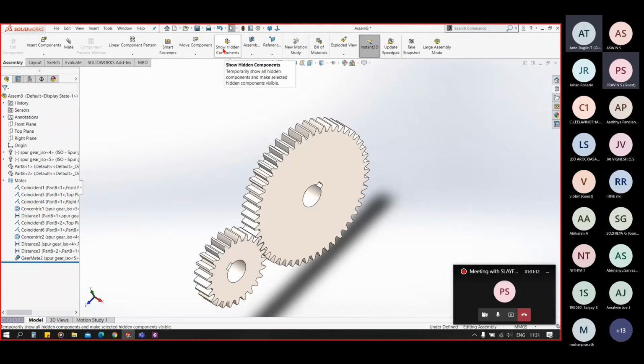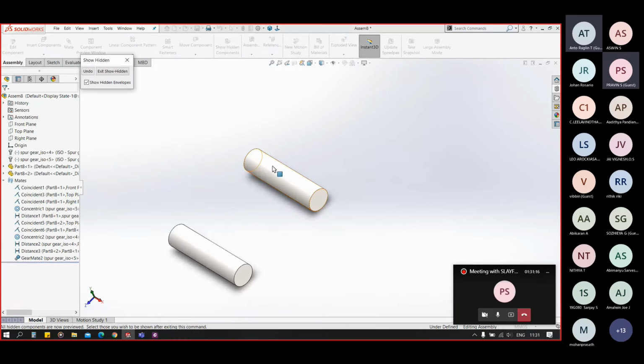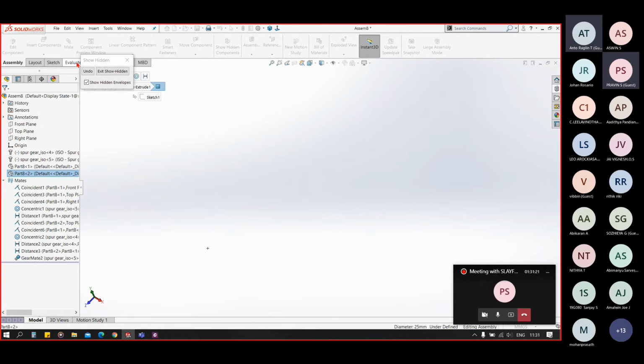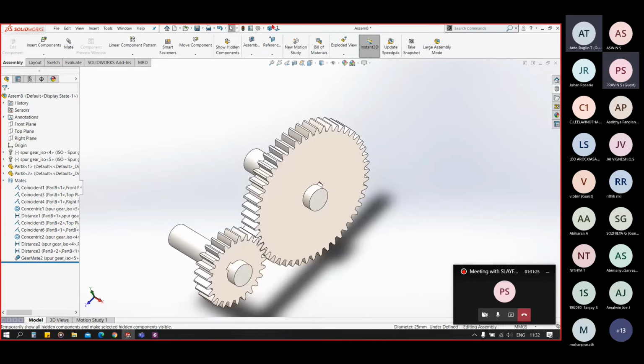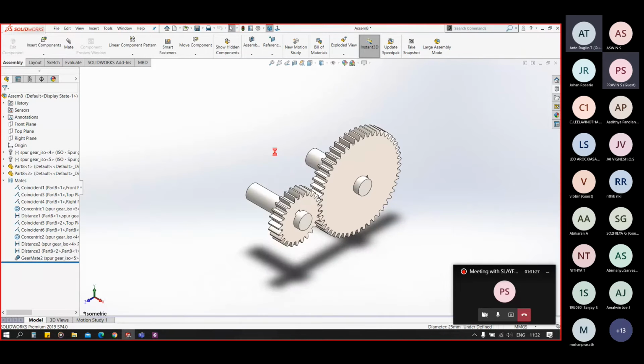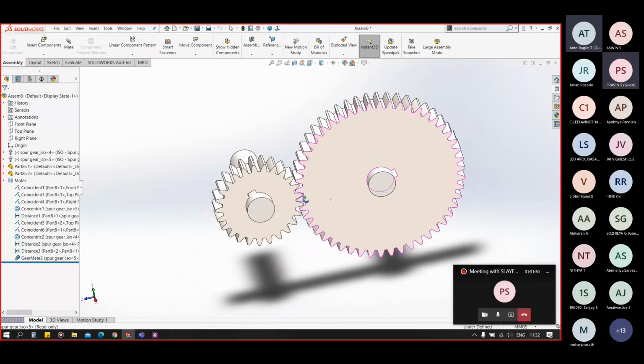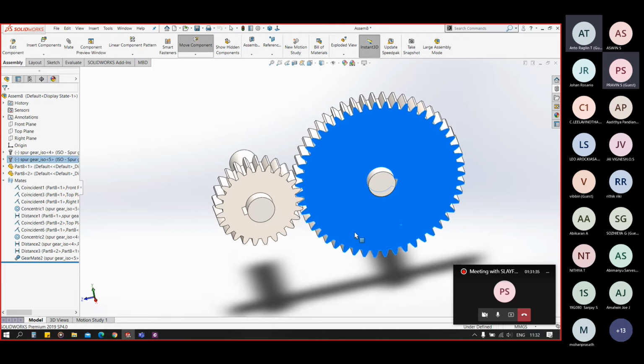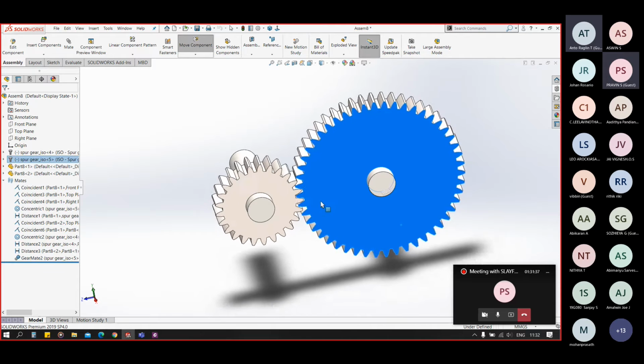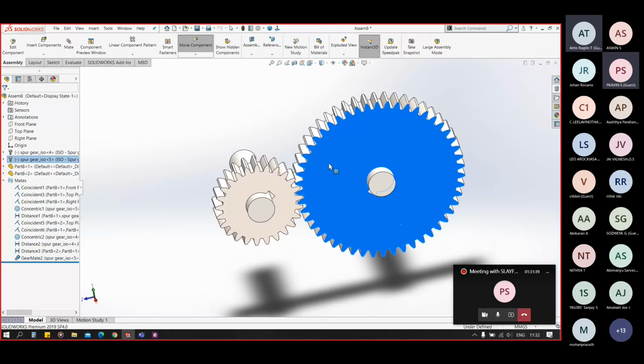Now you see show hidden components option here. When you click on that, you can see we have our hidden components, and click on those both and exit from that, and you can see it will reappear in the menu, and we have applied our gear mate, and now you can see that our gears are rotating with respect to each other.